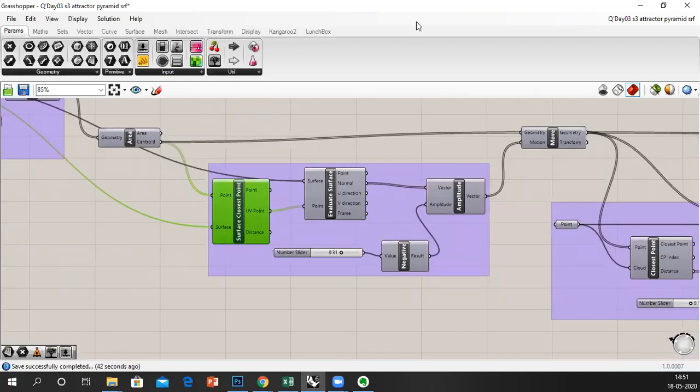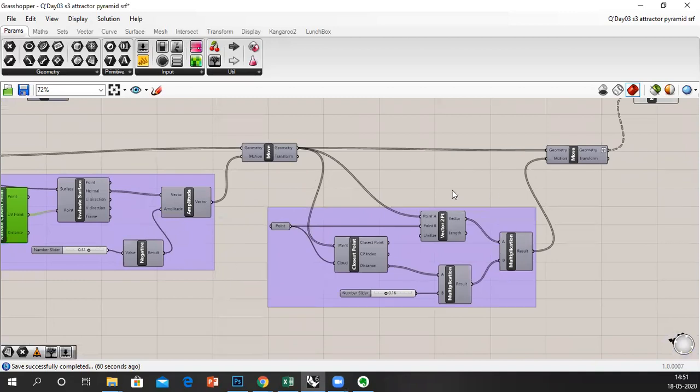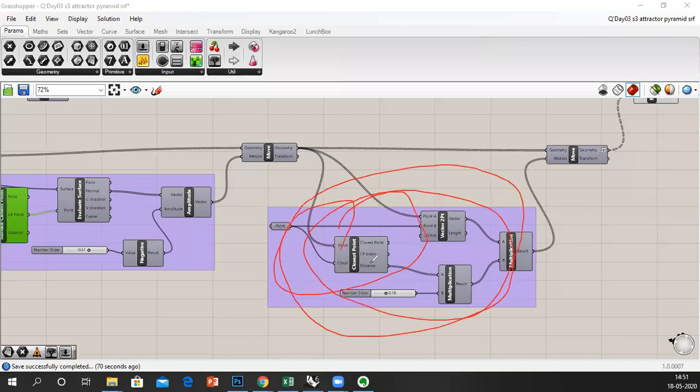We are doing the entire thing to get this normal, so we can move these points according to these normals. That's all. And then according to the surface's curvature, we are moving those points. When we move the points, we are using the whole curve closest to point principle here. In the whole process we are using the attractor point principle to move those points from their own location to much closer to the attractor point.